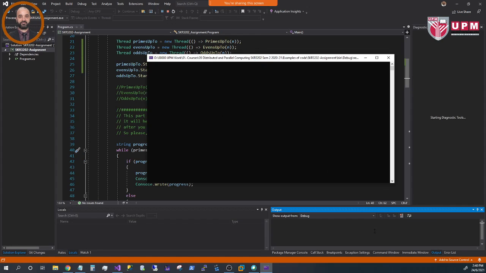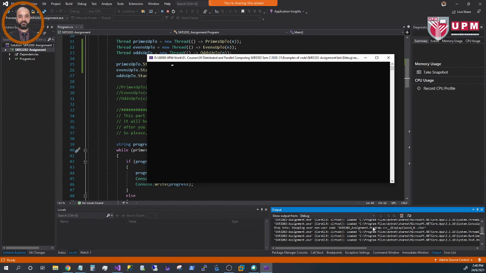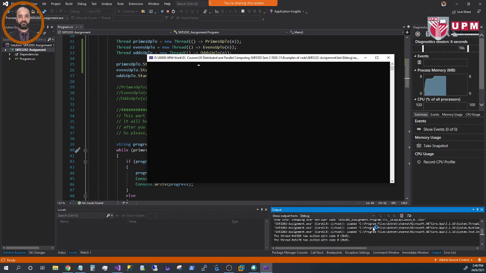Okay, now as you can see here, this is the console screen. You see the hashes now printed? Hashes now printed because now we have 4 threads working under this program. Okay, so if we want to see what happened,